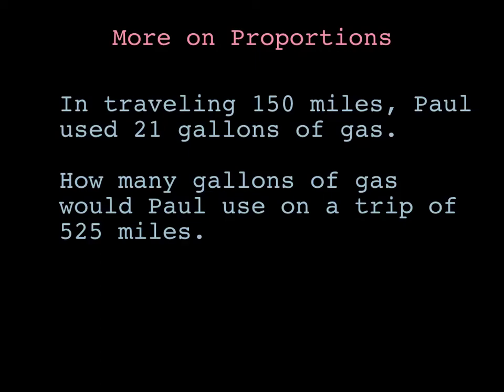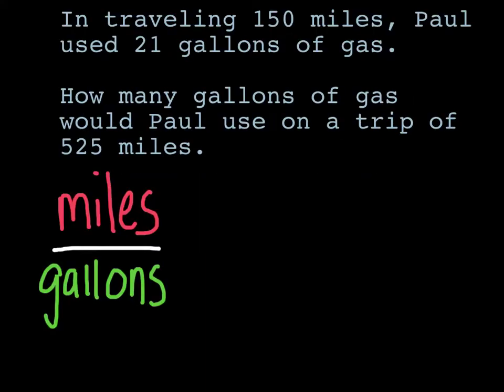Right now, I'm looking at a word problem that states, in traveling 150 miles, Paul used 21 gallons of gas. How many gallons of gas would Paul use on a trip of 525 miles? Now, this word problem is a good example of a word problem that you can solve using a proportion. When I set up the proportion for this problem, I will express the information in the form of miles